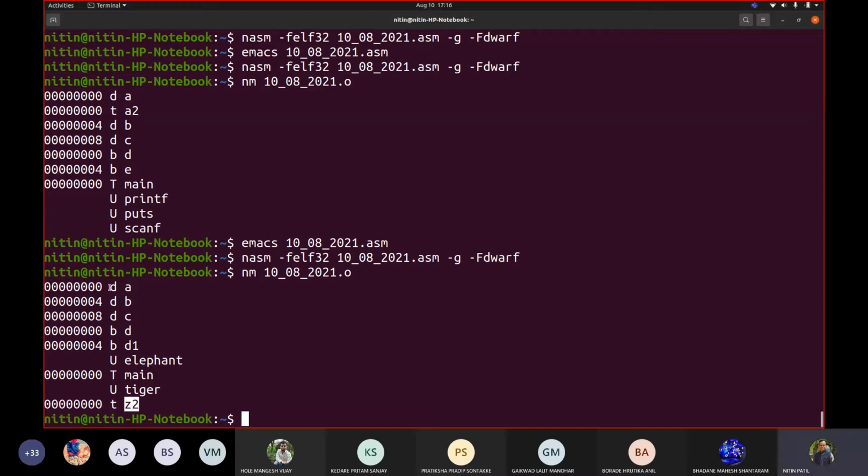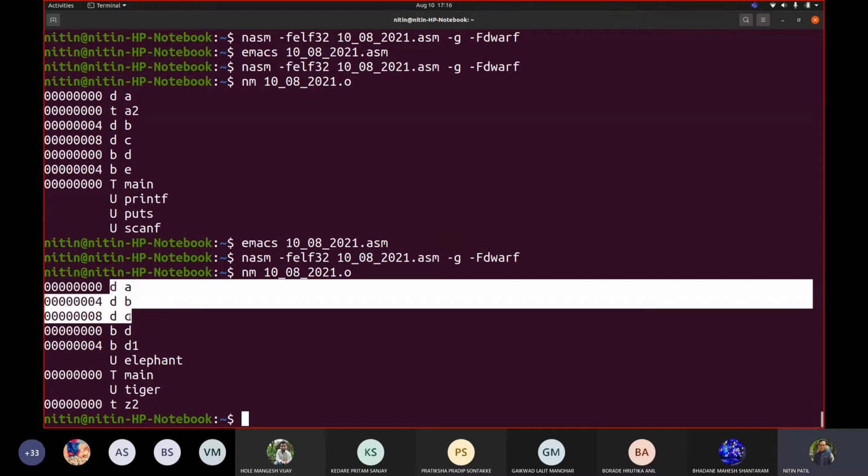So I can see that everything which is in a sorted order is arranged. In this case, I purposefully took variable names in such a way that every data section will have other preceding, like start position. Everything would be starting with data section, then BSS would be added. Then if you have probably some external variables, or rather I should not say variables, labels. They can be functions, they can be variables, they can be labels too. So if I have that kind of stuff, they would be added there.